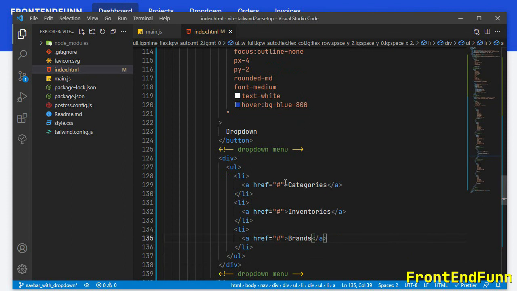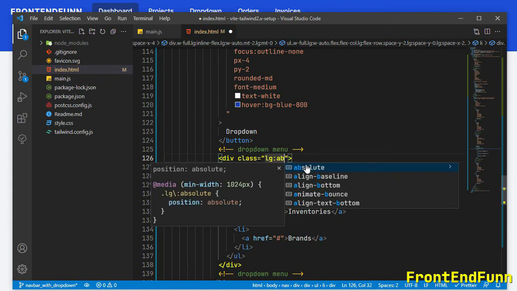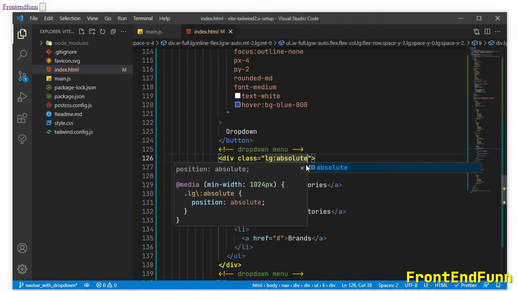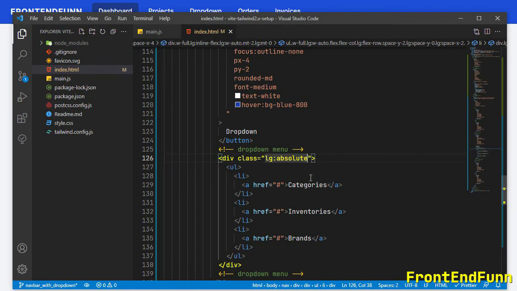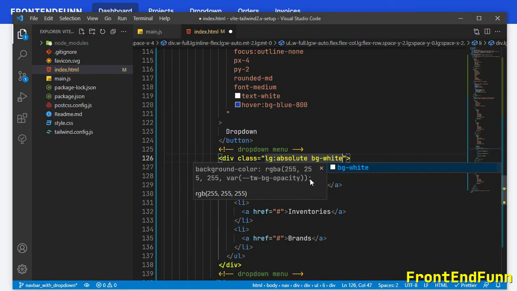So first let's style the drop down menu. I'm going to add a class here. So on large screens I want the element to be in absolute. Let's add the background color, so bg-white.